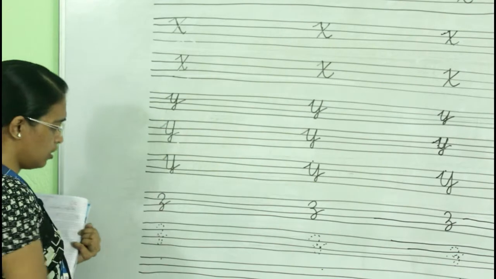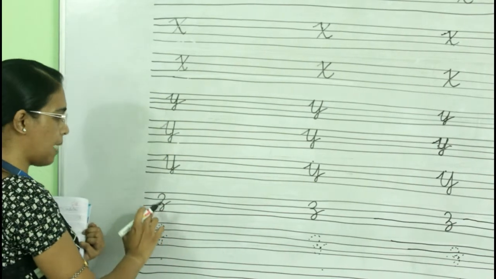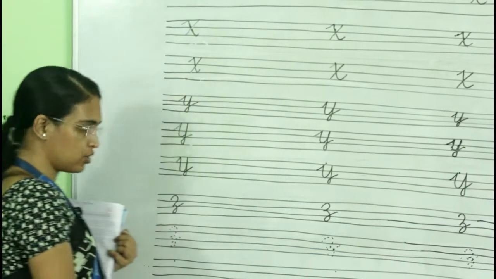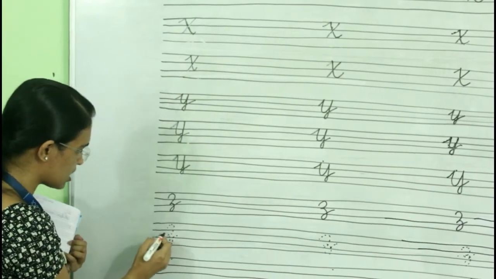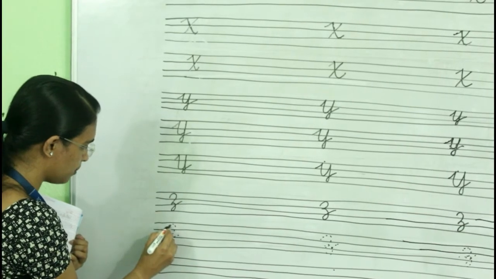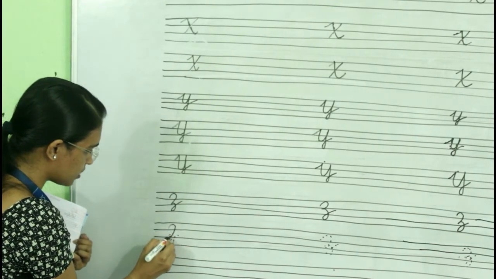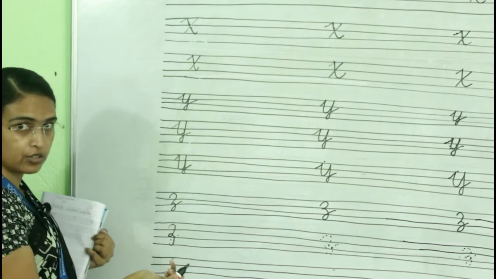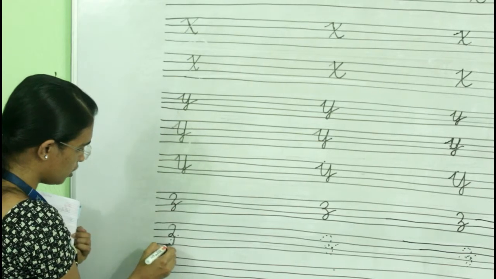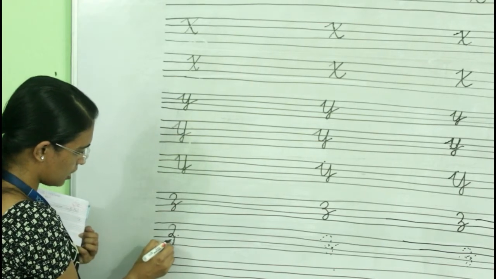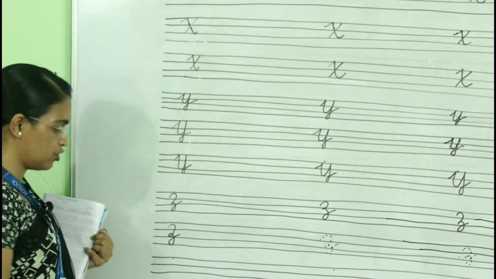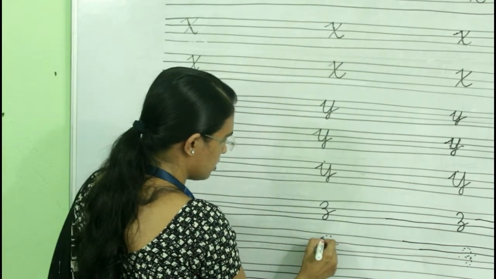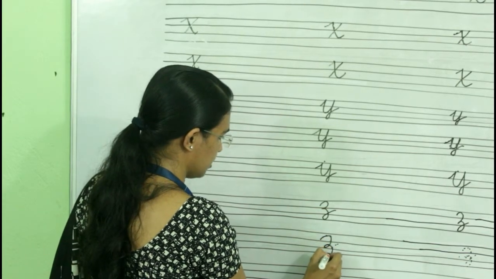Now after this, which letter is this? This is cursive capital letter Z. For this you have to use another page, okay? So how will you trace this letter Z? Start from here, make a curve line like this, then make another curve line like this. It looks like 3, right? Then you have to make another curve line like this, which will cross this curve, okay? This is cursive capital letter Z in this way.